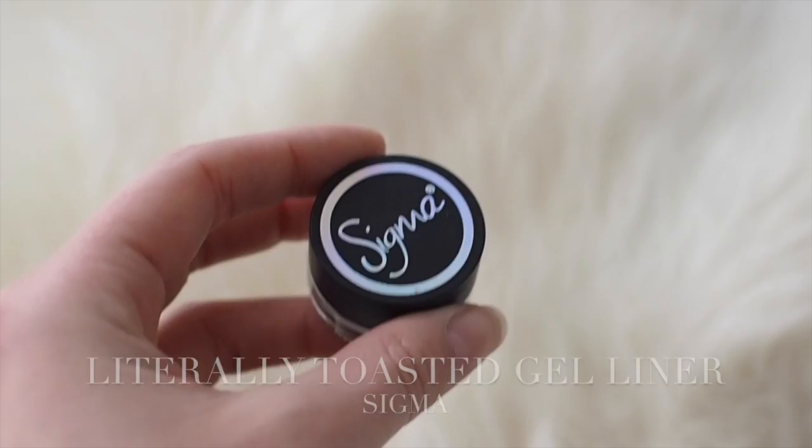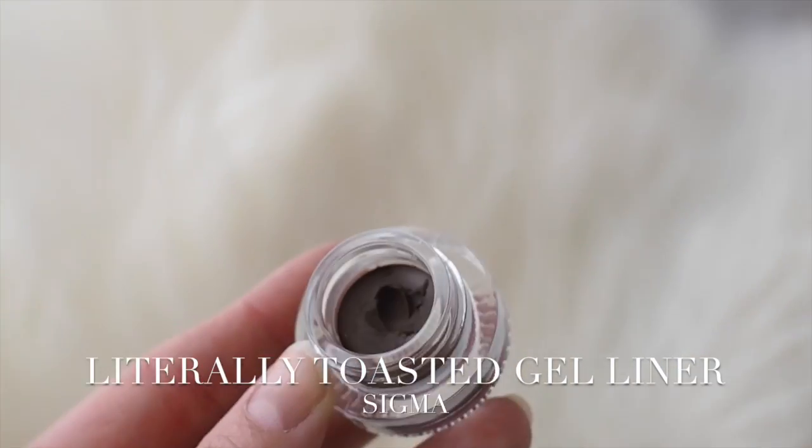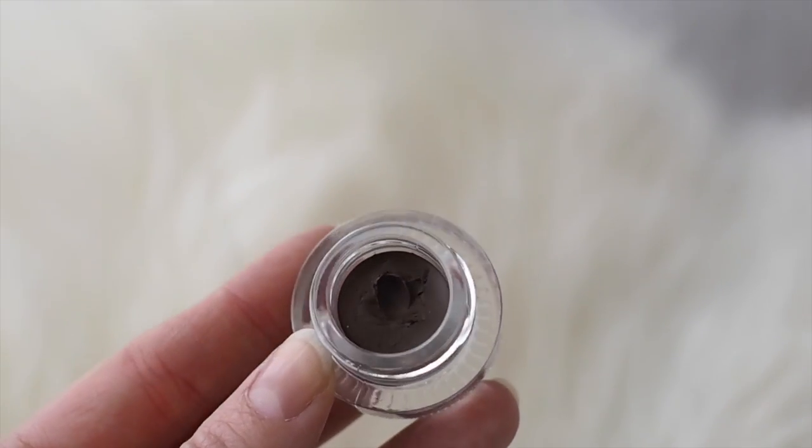I'm going to do a little bit of gel lining here. I've got a beautiful little product by Sigma. This is their literally toasted gel liner, and to do this they have the most beautiful liquid liner brush in the world,